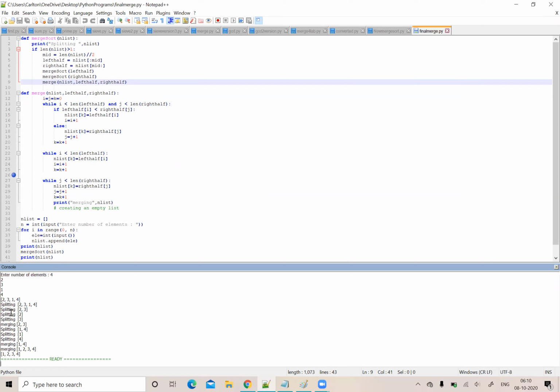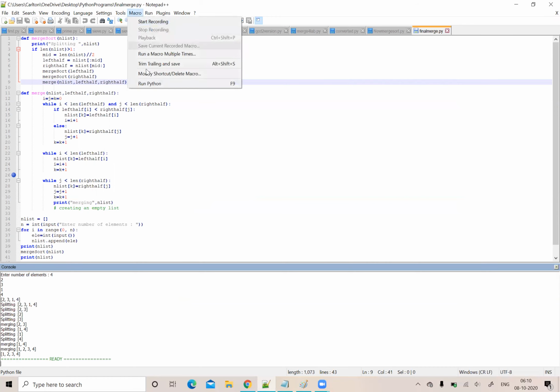You can see here how that splitting is happening. Splitting 2, 3. Then 2, 3 is getting split into 2, 3. So it is again split, right? So you can see, and finally the merging is also happening. So 2, 3, 1, 4 is split into 2, 3 and 1, 4. And then the left hand side splitting is happening first. So 2, 3 is getting split into 2, 3. Then the right hand side splitting is happening. Then later merging of the two sorted arrays is happening. And finally I get 1, 2, 3, 4. So this is going to be in the sorted order using merge sort.